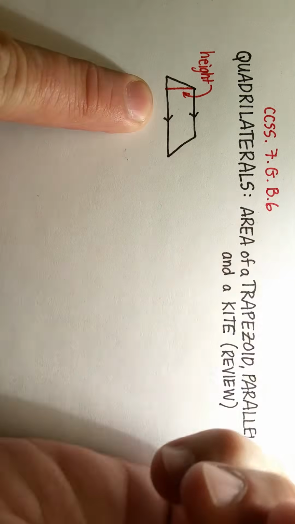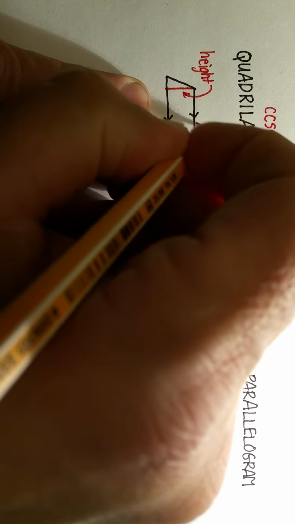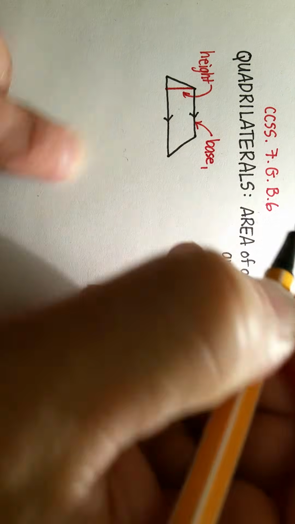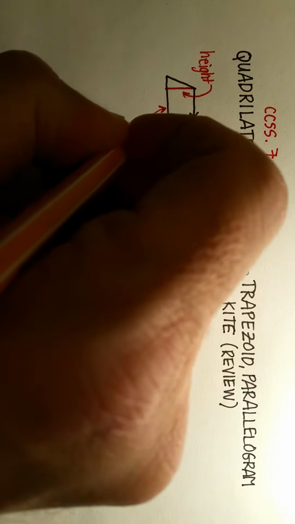Now, in order to find the area of a trapezoid, you need to know a couple of things. The distance from one parallel side to the other parallel side, for example, that red line there, is called the height, all right? And that's important because it figures into the formula for the area of a trapezoid. Now, the side up here is called the base, and it's usually indicated by a little subscript, base sub 1. And this side down here we'll call base